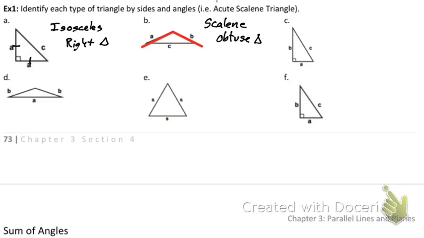That's the only ones I know. I need help on the other ones. Who can help me with naming C? You have to pull one from the side, and you need to pull one from the angle. Sam? How do you know that it's